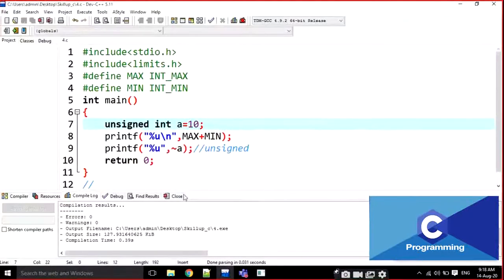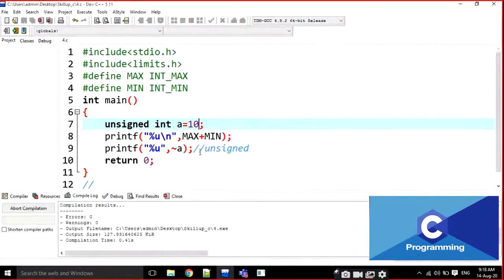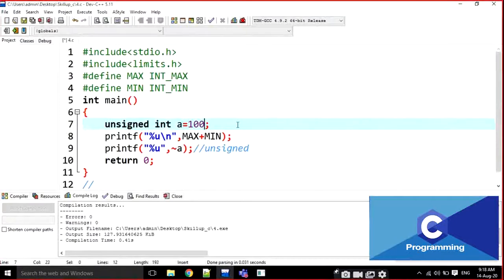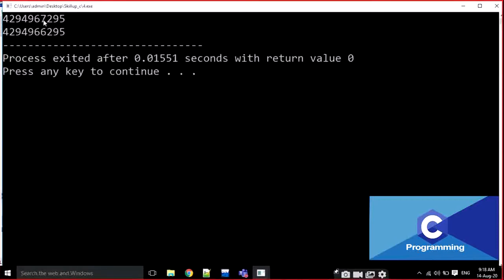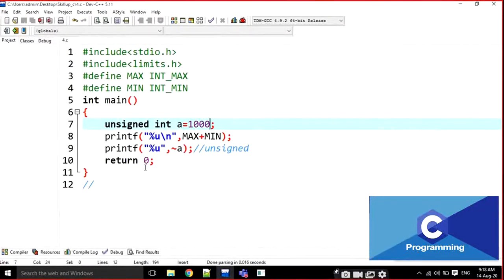If I am doing with 10, it is going to be working as the maximum value minus the 10. 95 minus 10, that is 85. For example, if it is 1000, look at here. If it is 7295 and here 6295. These two, if it is a signed integer, it is going to be working from the maximum value minus 10, something else like that. If it is an unsigned integer, it is going to be like this. If it is 1000 minus 1001, like this.